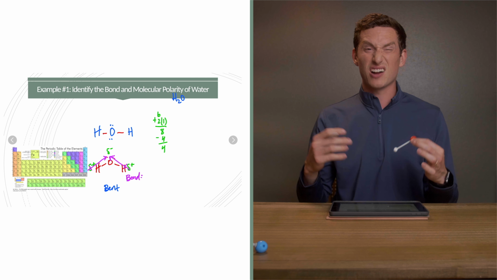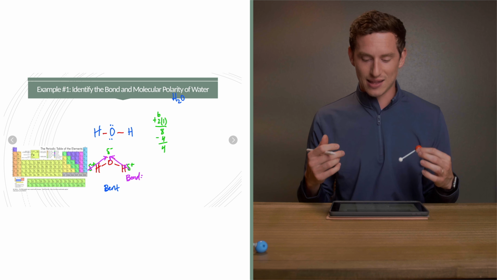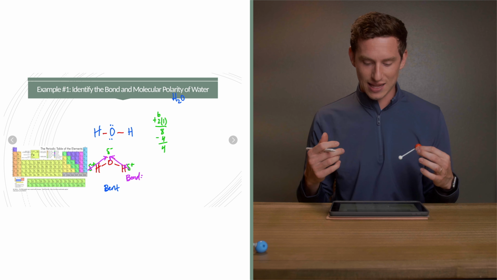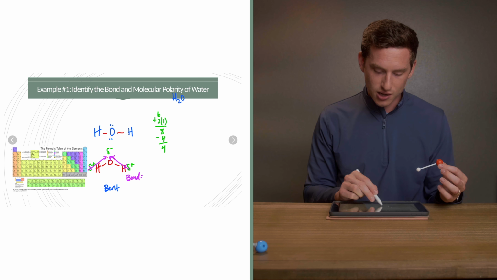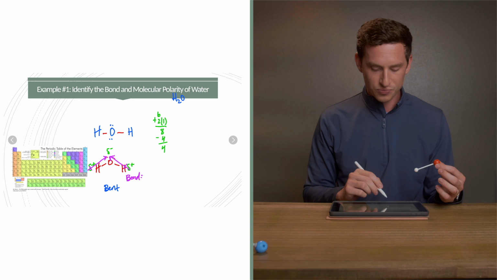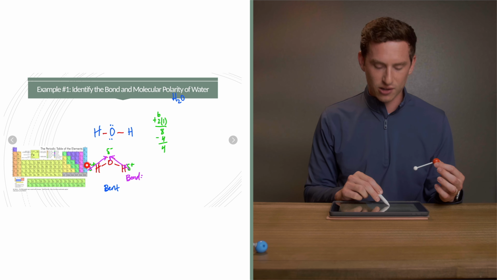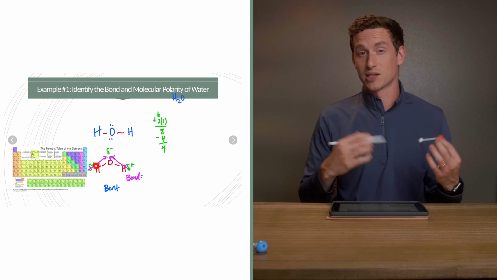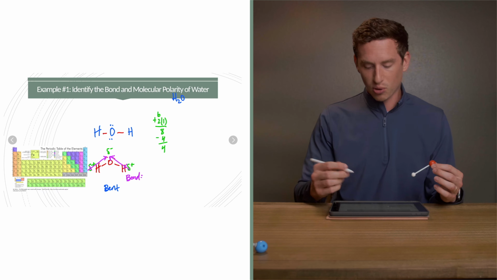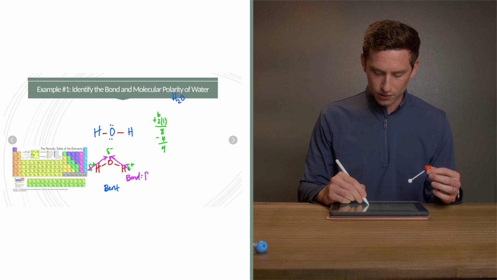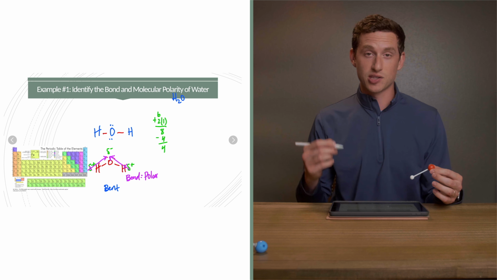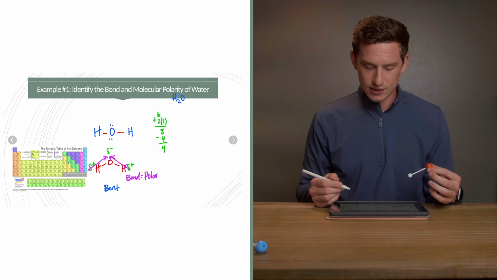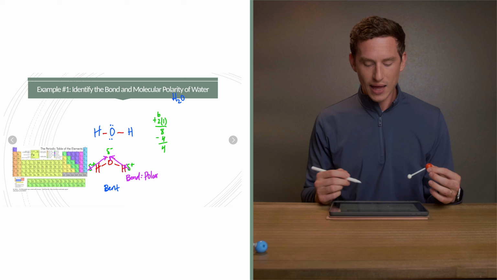Hopefully you're seeing that if there is a dipole, that means that it is polar. If there's a dipole, it's polar because those electrons are being shared unequally. In other words, here, oxygen is stealing more of those electrons in that bond. You'll notice that there's a tail at the end. That's just where it looks kind of like a plus sign because that's the partial positive. So the bond polarity in water is polar. We would say it's a polar covalent bond. All right. Now for molecular polarity,